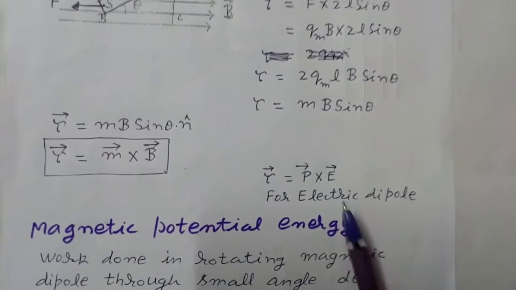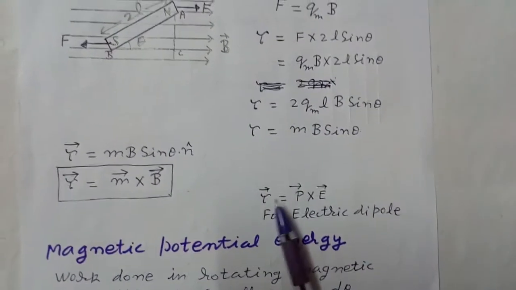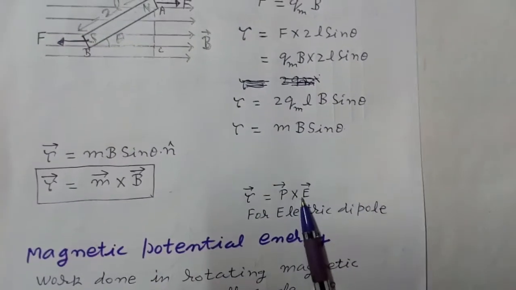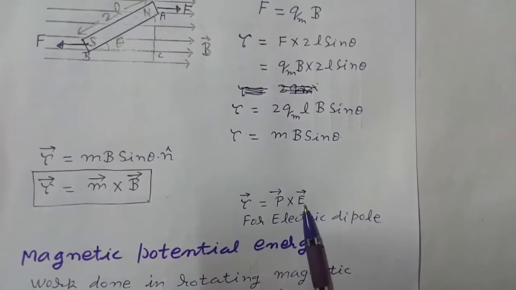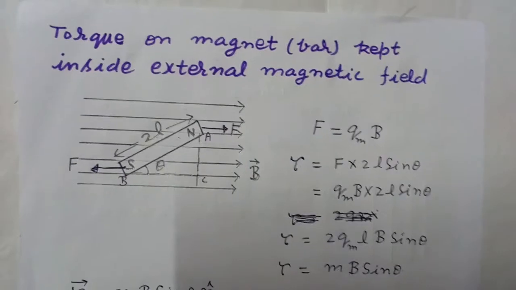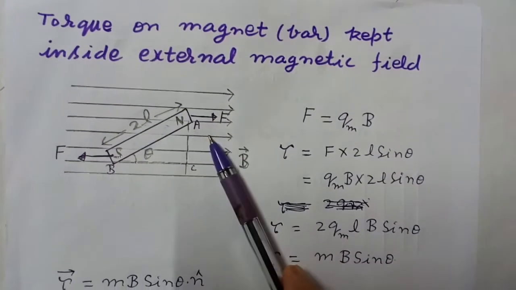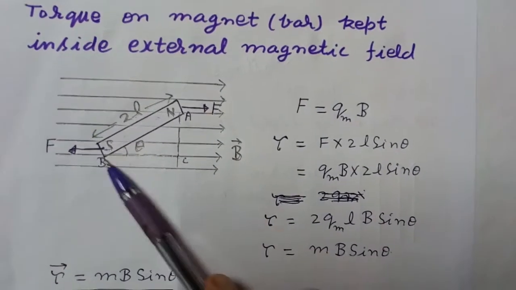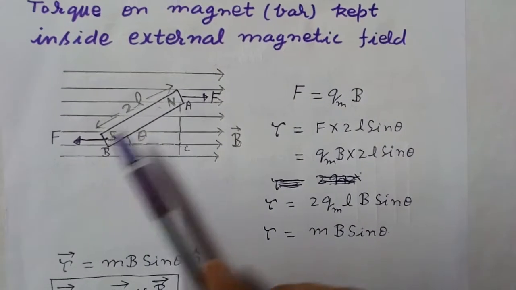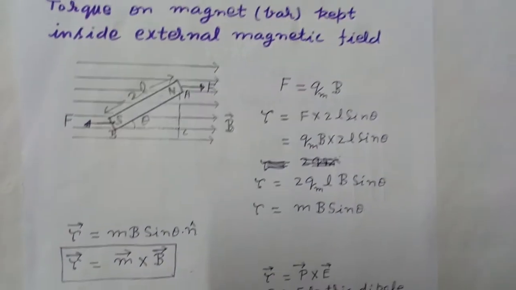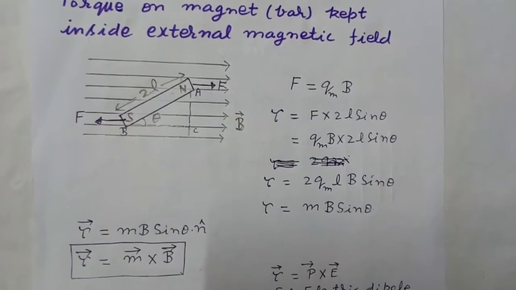Now compare it with electrostatics. In electrostatics, the torque on an electric dipole is tau is equal to P cross E, where P is the electric dipole moment and E is the electric field. Now in this position, this magnet has a tendency to rotate in clockwise direction, so it has magnetostatic potential energy. So we will derive a formula for that, and first the work done in rotating this magnet